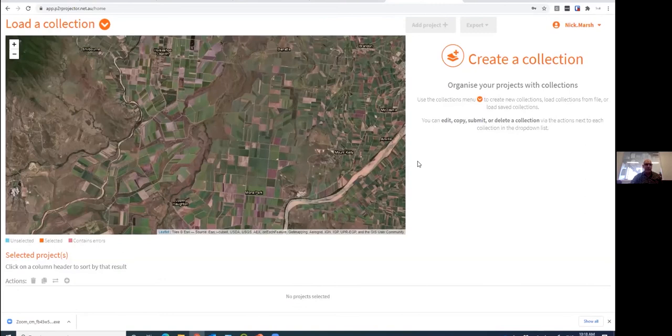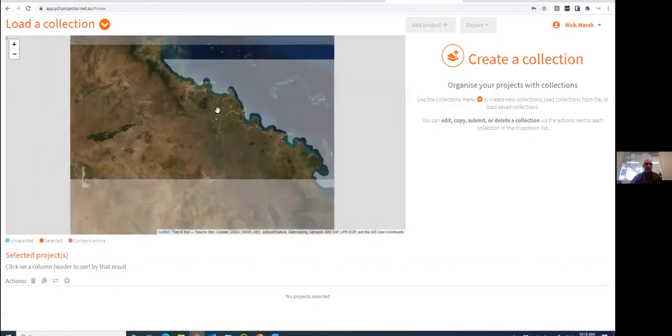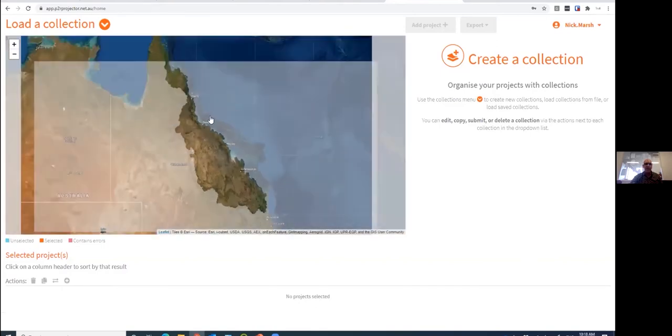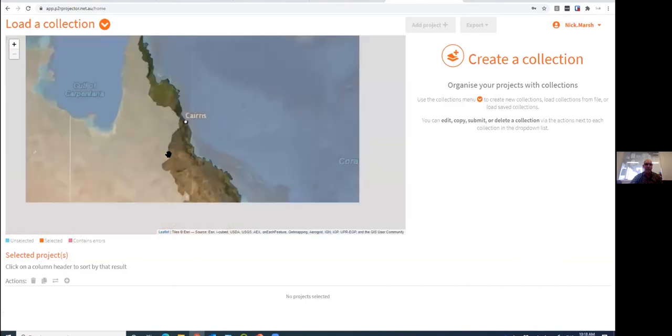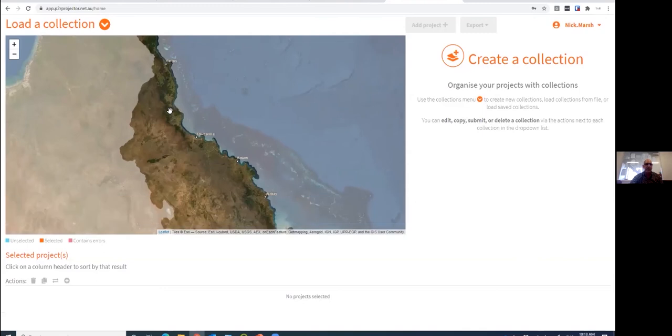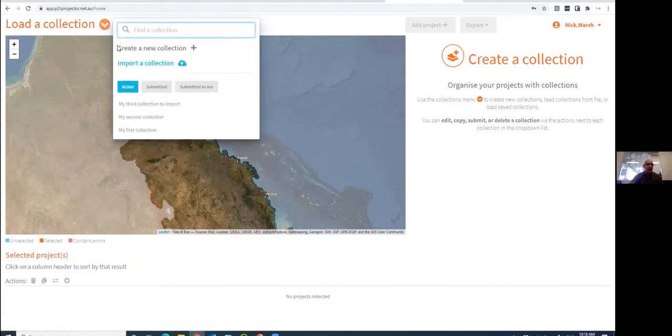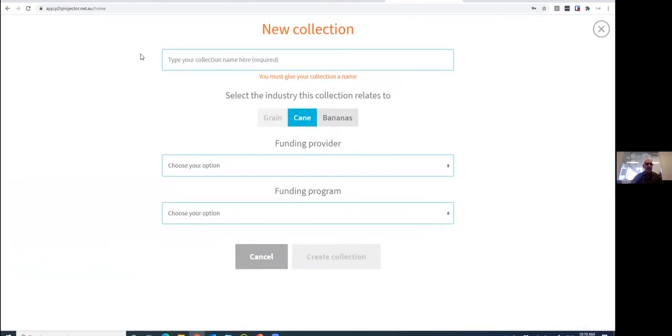So as a new user, you come in, it'll effectively look like this. Let me zoom back out. I'm just scrolling on the mouse here. So this is the domain over which the tool works, all those catchments contributing to the reef. So the first thing we might want to do is load a collection or create a collection. In this case, I've got a few collections already in place, but rather than click on those, we'll create a new one from scratch. So just creating a new collection,